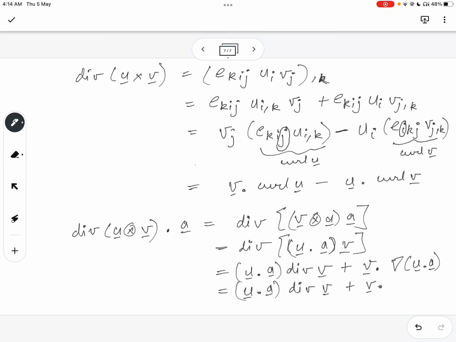This can again be shown using the indicial notation,